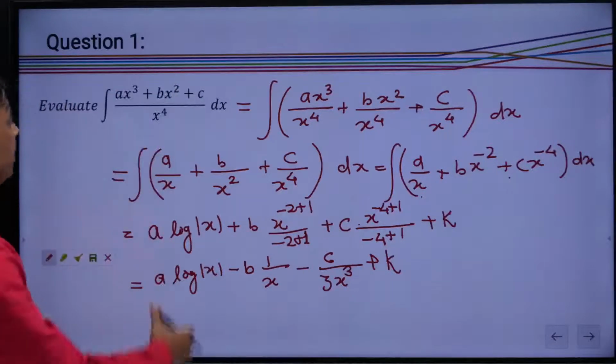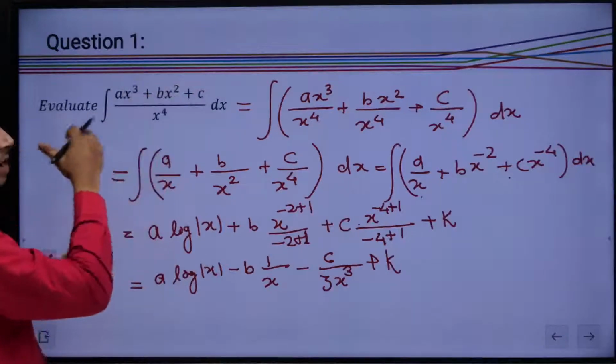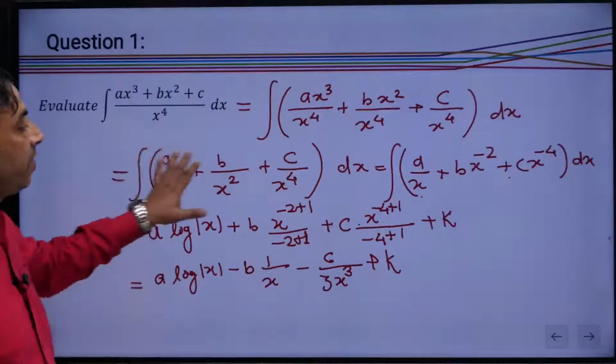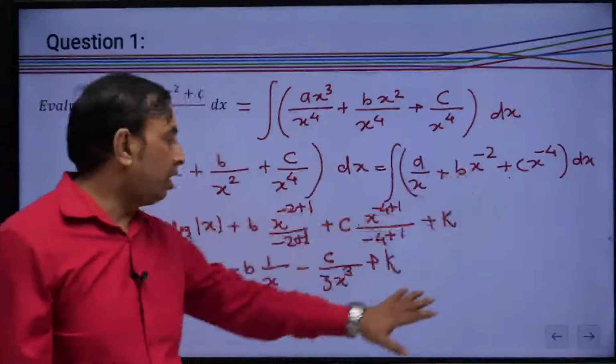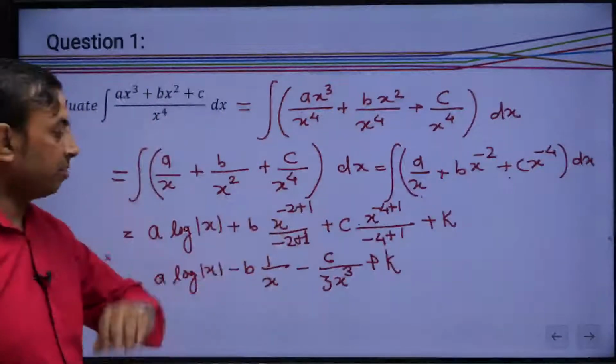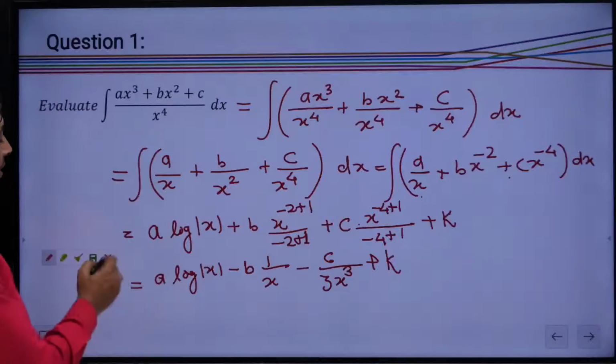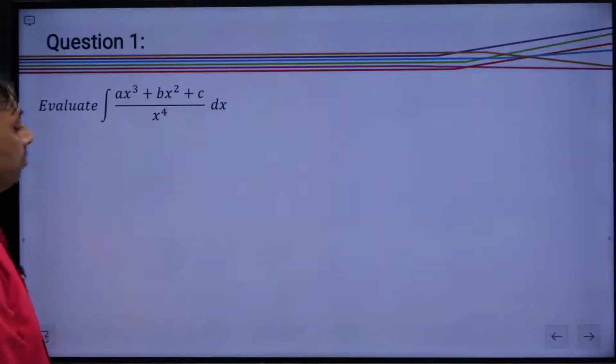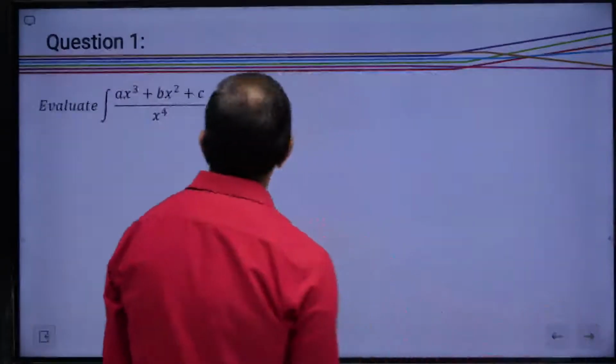So what we did here, we have just separated all three terms, dividing by x to the power 4, simplified them, used the formula, and we need to summarize the results. Okay, so this is how we do the simple integrations. Okay, now if we think with the new problem,